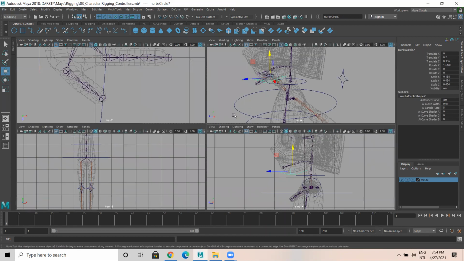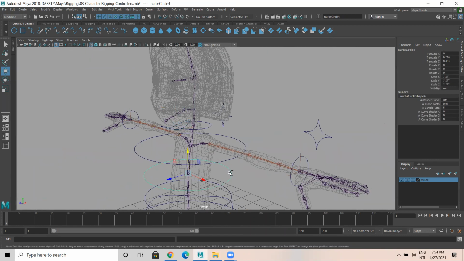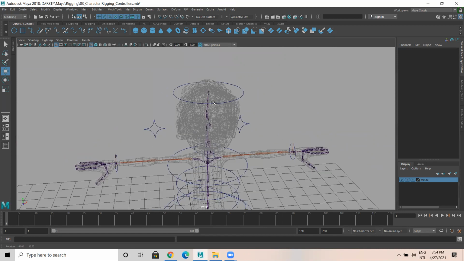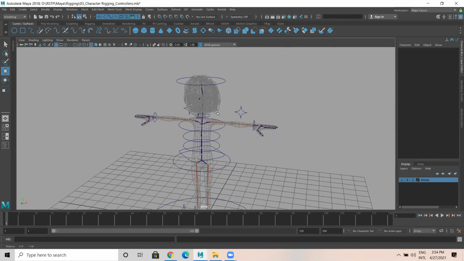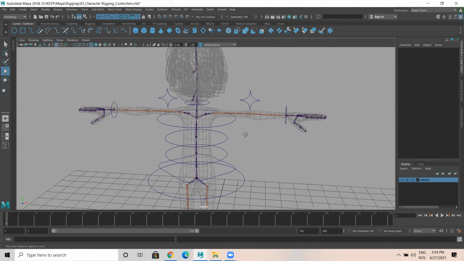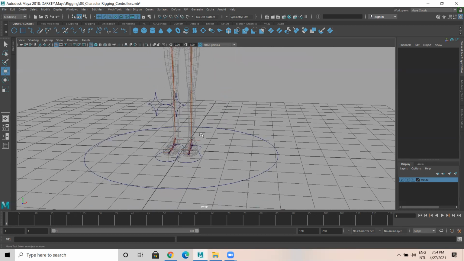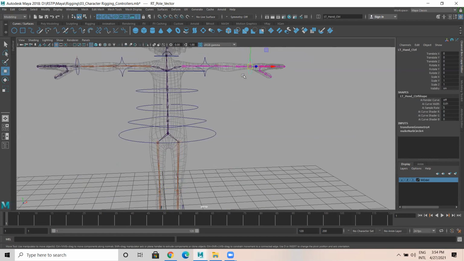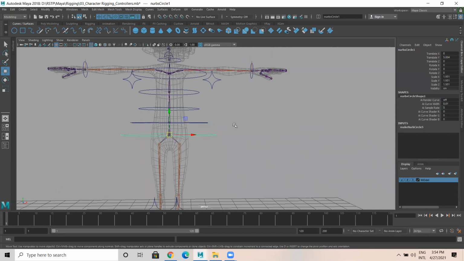And here I take one more controller, duplicate this and place it on top here for the head part. Okay, this will be the head controller. Just observe how many controllers we have added. For the leg part, these are the two leg controllers and there are two leg pole vectors. For the hand part, you have two hand controllers and two hand pole vectors. And here, this is the cog, COG.